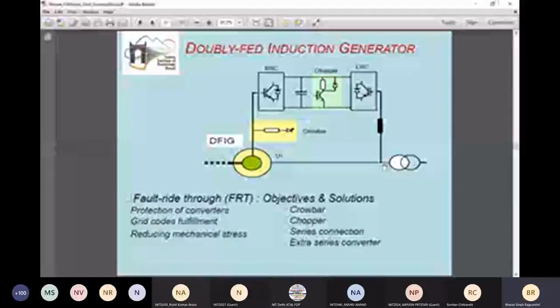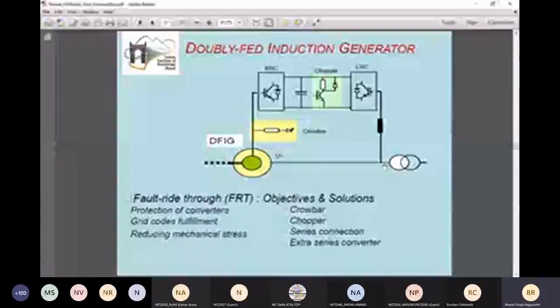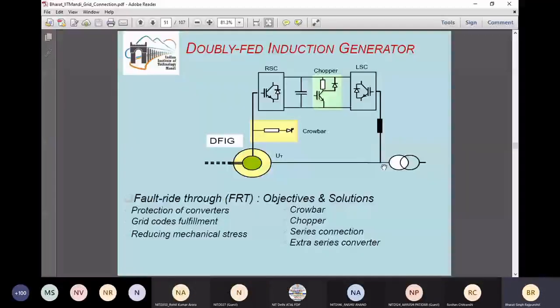So now take an example, when the DFIG is not rotating, it is in stalled condition. The rotor side converter is simply connected to the rotor side. But now let's see, this line side converter simply can act as a static compensator, a power electronic converter which is connected to the AC side and having a DC link voltage. This once again can act as a standalone active power filter or static compensator. It is just a control philosophy and it needs to be exercised if it is required. Fine. Next slide, please.